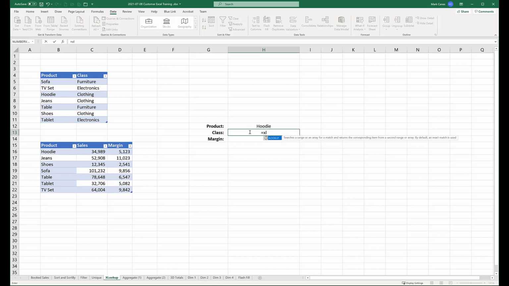So with XLOOKUP, unlike VLOOKUP, we tell it what we want to look up. We tell it where we want to look it up based on a column. And then we tell it which column contains the results. So we select the entire column for the results. And we'll get it there. So if we change this product to table, for example, it'll automatically dynamically update the appropriate class for the table,